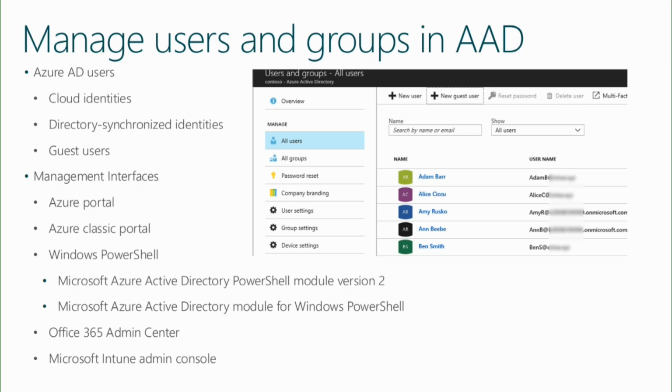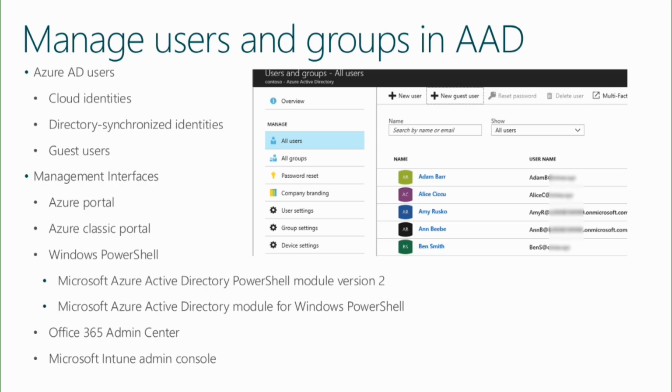The ways that you create user accounts, there's a couple. You can do this through the Azure portal, either the current or the new portal, or the classic, the older portal, using the web-based administration tools that Azure provides you. You can also create them through PowerShell. There's a series of commandlets in PowerShell for building user accounts.